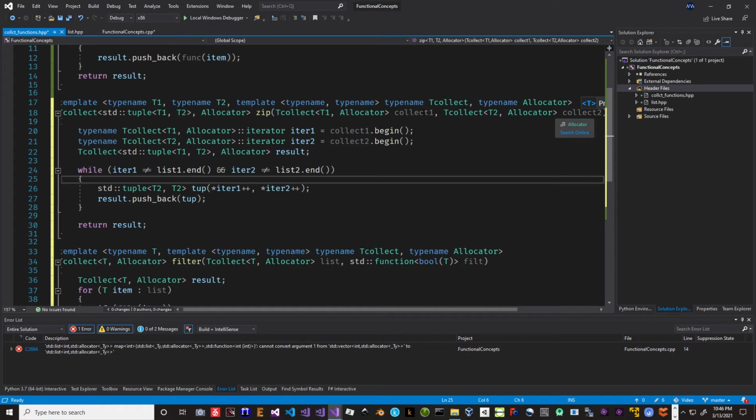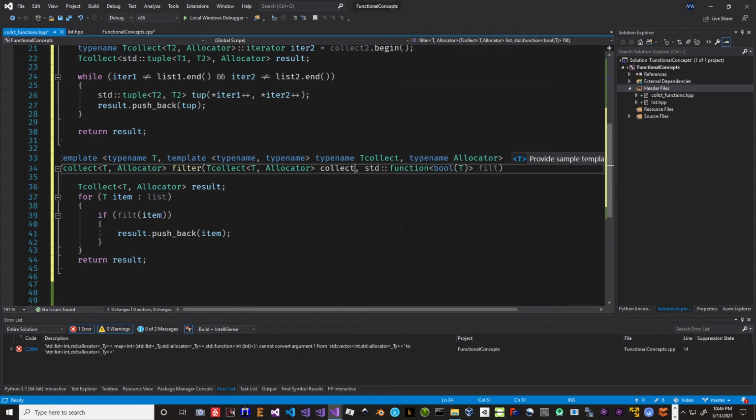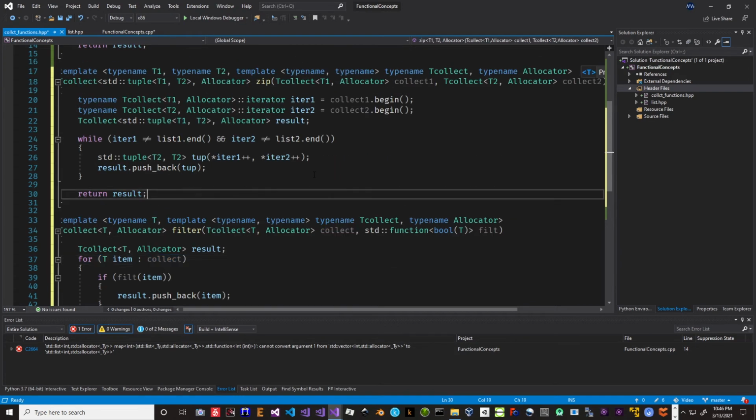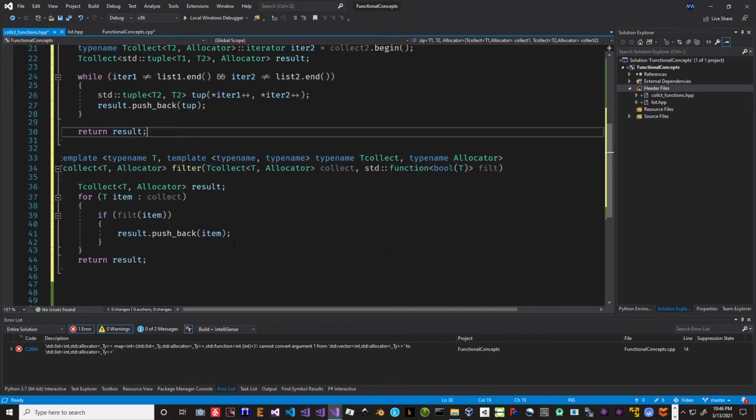Collect one, collect two. And I got the same problem down here. We'll just call it collect because we don't know it's a list. And we'll change this to collect. There we go. And so now we've got zip and we've got filter, and they will work on anything